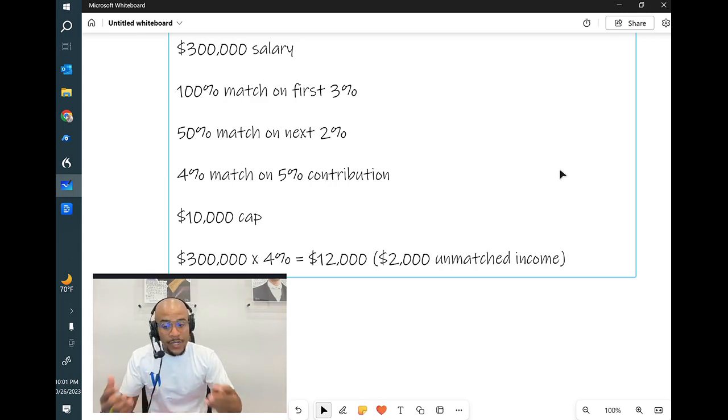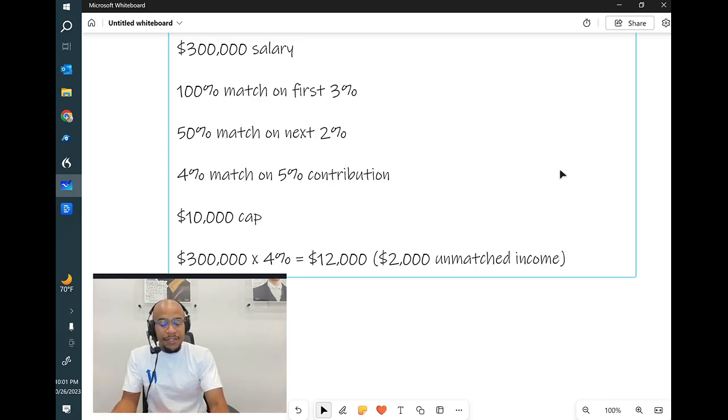So they're offering a 4% match, but that match cannot exceed that $10,000 limit. Well, if you just do some quick math, $300,000 in salary times 4% is $12,000. And $12,000 exceeds that cap on matching contributions from the company by $2,000. So if this person puts aside 5% of their pay to the 401k, which would be $15,000, while the rest of their coworkers at a lower income level may get the benefit of that full 4% match, this person would not. They would be limited to $10,000, even though their income says that they should get $12,000 in company contributions